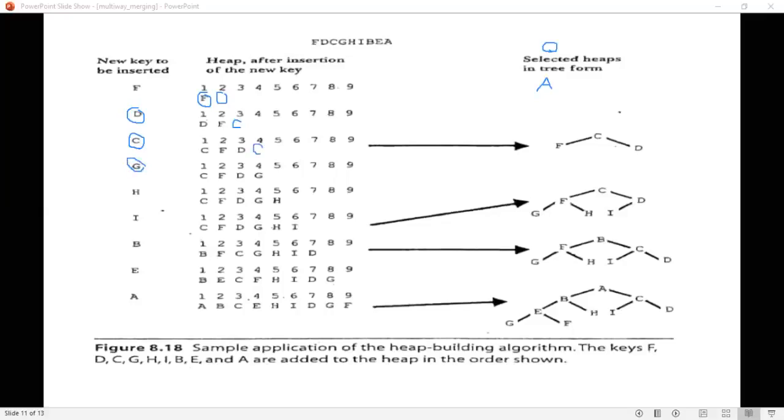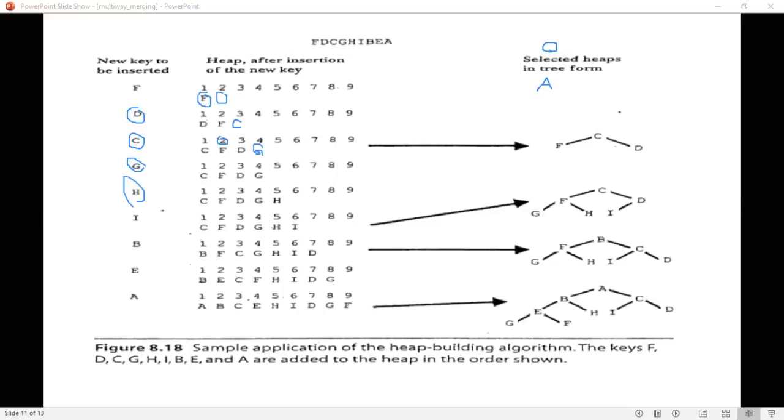Next, the new key is G, where you have to insert G first here in the fourth position. Okay, and then you have to find the parent of this index, that is 4 divided by 2, that is 2. This is the parent of it. What is the element here? F, and here it is G. Compare these two. G is greater than F, need not exchange. Okay, and then next you have to insert H, where you insert at the last position and check with the parent node and do the exchange if necessary, else you go on proceeding.